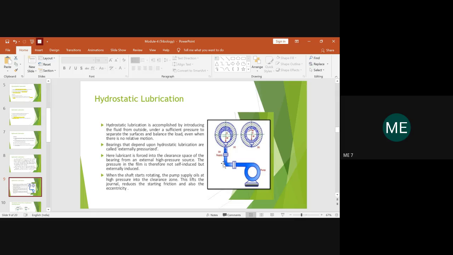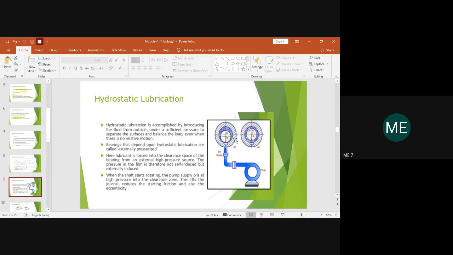So this is just to make you realize the use of a pump to develop an external pressure for the oil supply across the inlet oil, to get the required thickness of the film and to see that the movement of the bearing is going on properly, smoothly, with reduced amount of wear and friction. So I just wanted to show you the diagram mainly, and hence I have focused on this image.